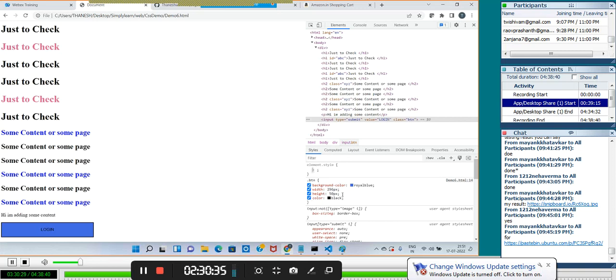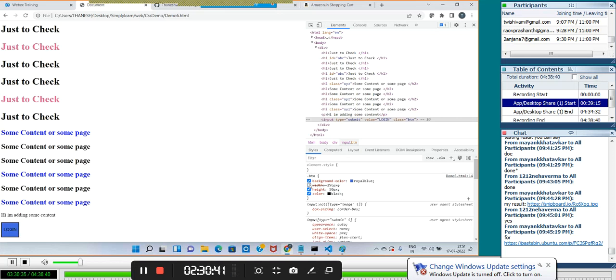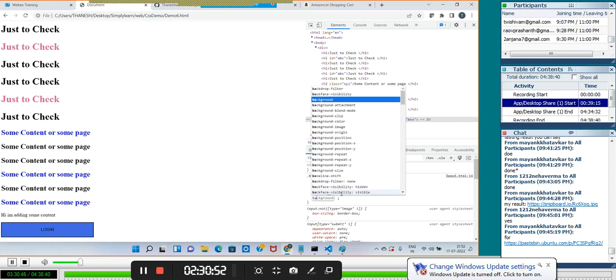Now if you want to add one more extra property for this, coming back, if you really want to add. If you don't want the width, minimize. If you don't want height, you can do like this. If you don't want the border, uncomment this. If you don't want the color, do this one. Like this. Understanding? If you want the border property,